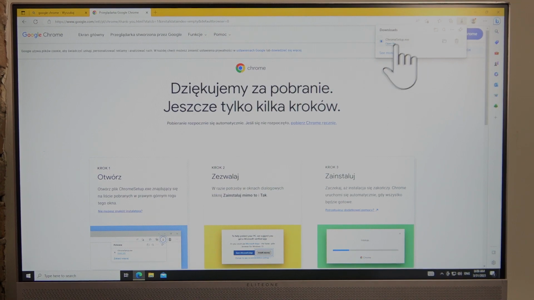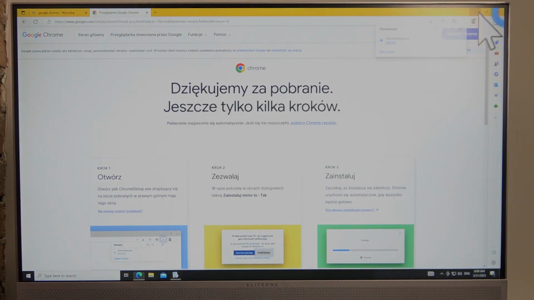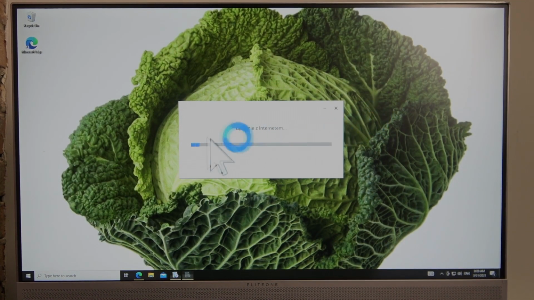Open the file of Chrome setup when it's finished. Then allow the administrator privileges. Now it will download,